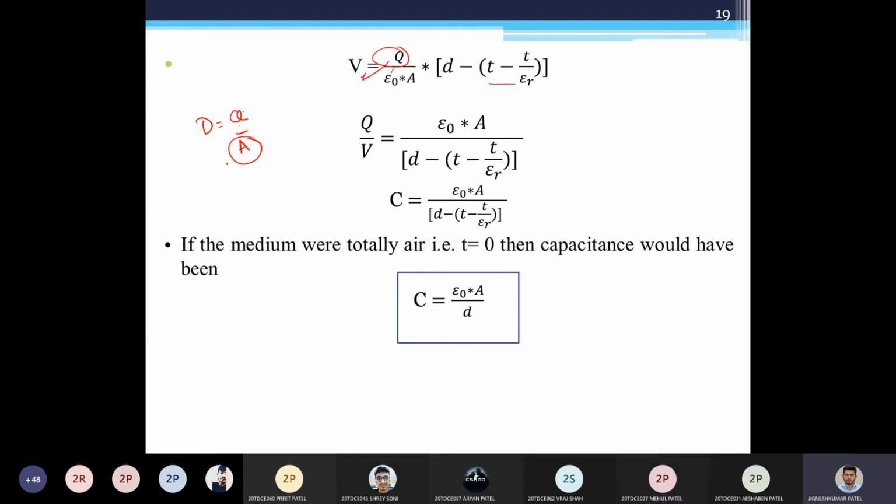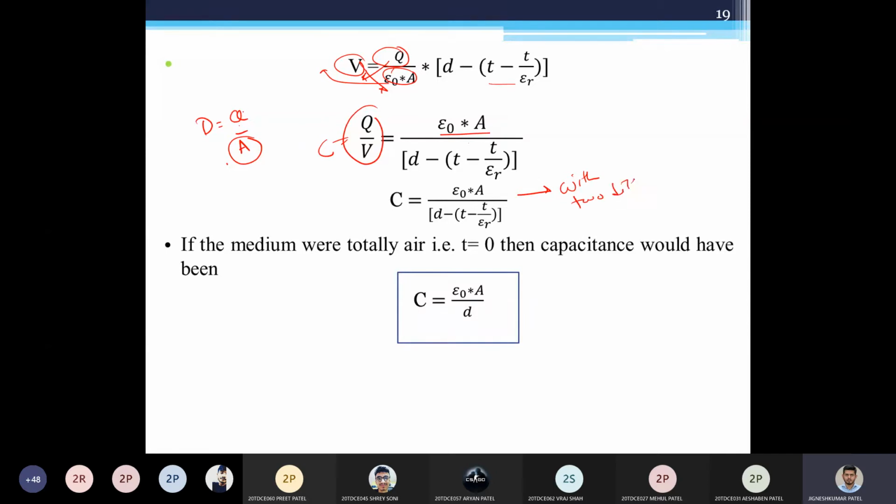Now if I take this Q here, I'll get V by Q, and if I take the inverse, instead of that I'll put V over here, and I'll take epsilon 0 A over there. So my final equation becomes epsilon 0 A divided by d minus, in bracket, T minus T upon epsilon R. And this Q by V is nothing but your capacitance C. So C is equal to epsilon 0 A upon d minus T minus T upon epsilon R. Using this equation, you can calculate the capacitance with